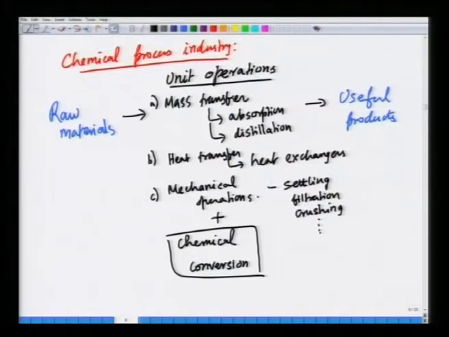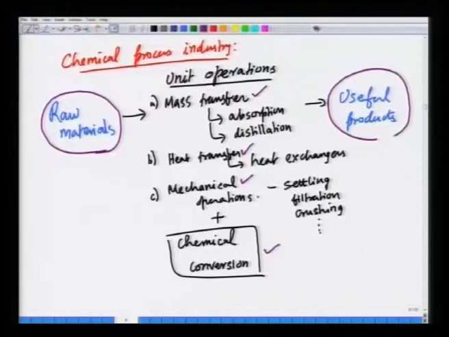Okay. So, a modern day chemical process industry takes a raw material, and you undergo a series of operations. The raw materials are processed through a series of operations which involve mass transfer and or heat transfer and or mechanical operations, plus you could have a chemical conversion of one species to another, and after the conversion takes place, again you may have a series of steps that involve mass transfer, heat transfer and or mechanical operations to obtain useful products. Okay. Now, what I am going to convince you is that fluid mechanics is relevant in each